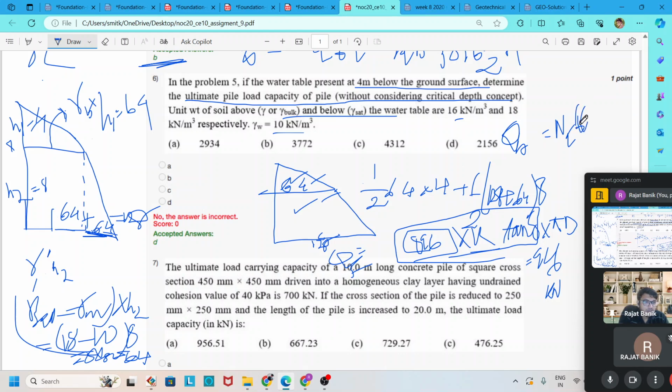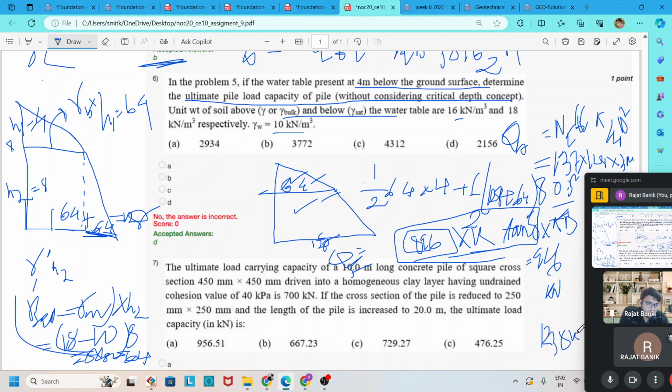gamma dash sigma V dash into pi by 4 d square, where sigma V dash is at the bottom of the pile, which is 128. So QB is NQ, 137, into 128, into pi, which is given 3.14, and D is 0.3, so D square is 0.3 square divided by 4. So put all these values: 137 into 128 into 3.14 into 0.3 square divided by 4, which is equal to